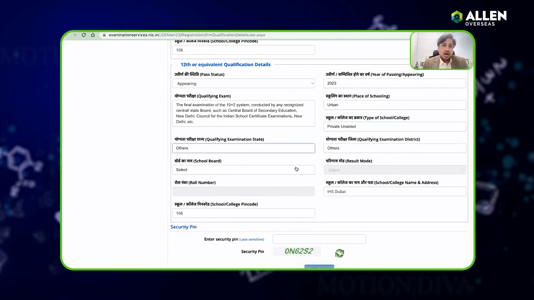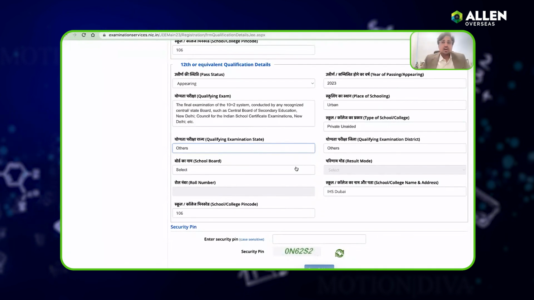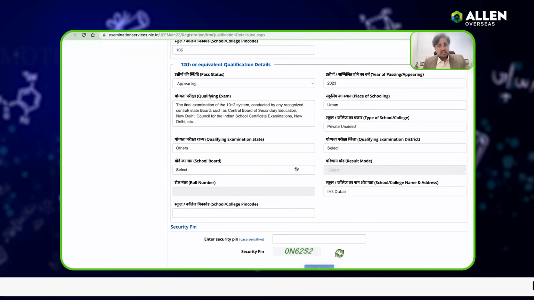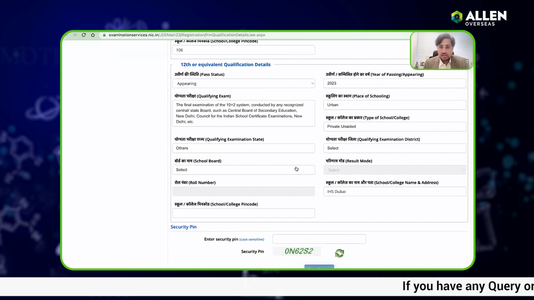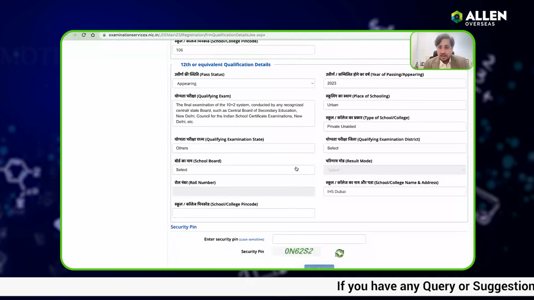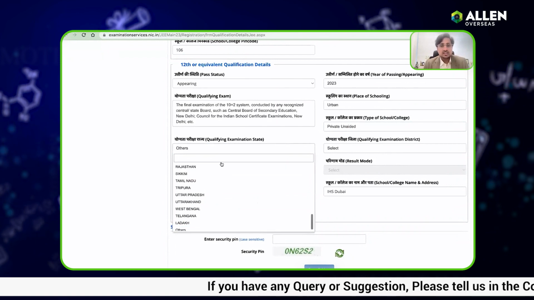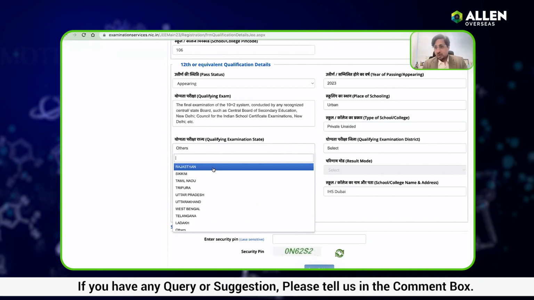So now Asna, you were asking what I have to fill. So see, some of the students who have given their 10th from another country, but their 12th would be from India, so they can fill this as India also. So you have to select the qualifying state. So if you are filling from Rajasthan or Sikkim or Tamil Nadu, you can fill this state, and then you can fill this